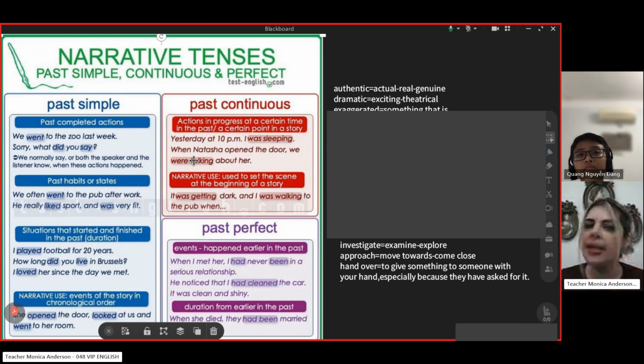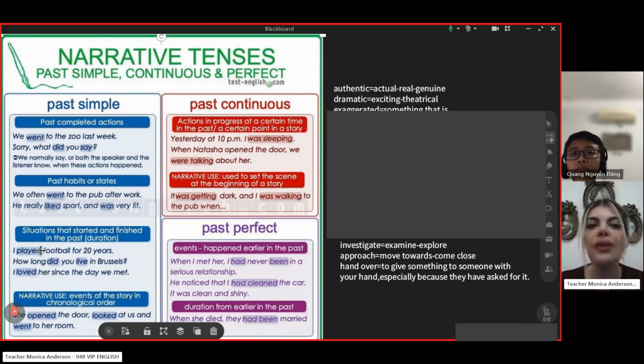Now let's talk about past simple. We began the story using past continuous. Now it's time to talk about main and completed actions. For example, what happened? I heard a voice. I heard is a main action, or completed action, normally short actions. I went out. Someone knocked on the door. So it's something that happened and was completed in the past.